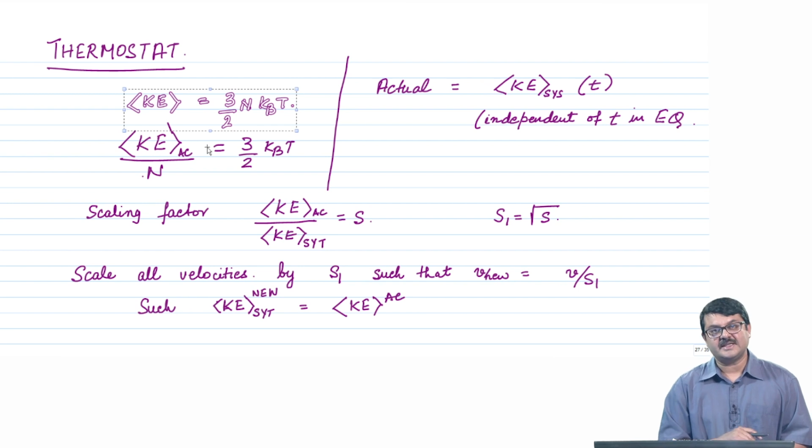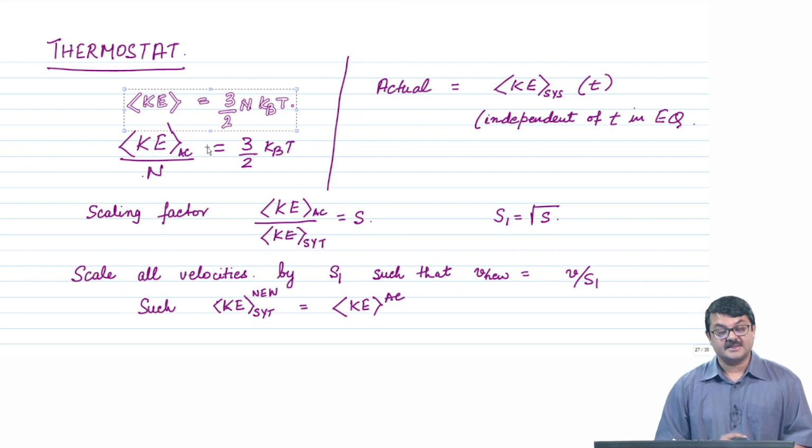But as we saw yesterday, even as the system evolves starting from the initial condition, the kinetic energy itself was increasing. So even the average would increase, and the temperature would also increase, and our aim is to keep the temperature fixed. So the kinetic energy can fluctuate about an average value, but it should not change, because we want to study